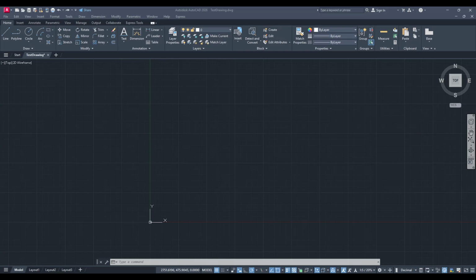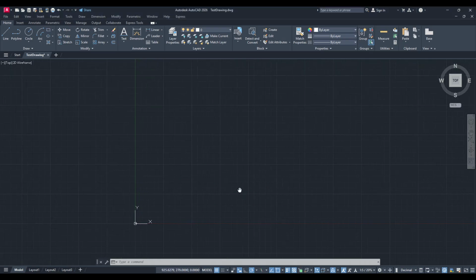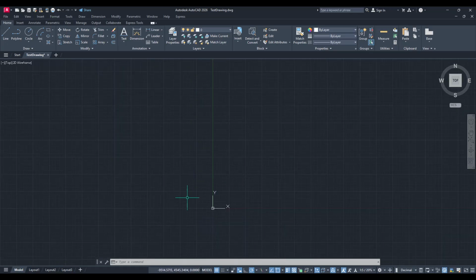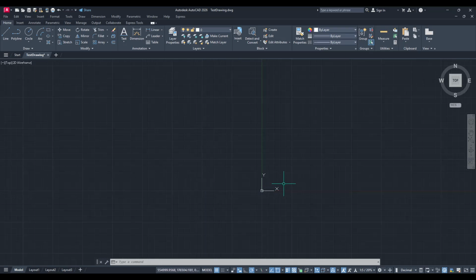In today's video, I'm going to teach you how to find a lost drawing in AutoCAD quickly and easily. If you work with AutoCAD, you might have encountered a situation where you accidentally zoom too far out or get too close, making it hard to find your drawing in the workspace. It's a common mishap, but luckily, there's a simple way to rectify this and get back on track with minimal